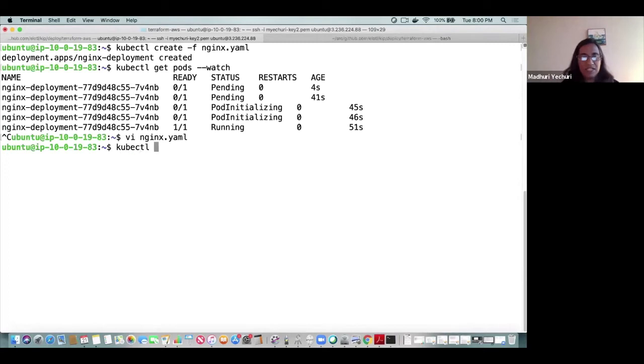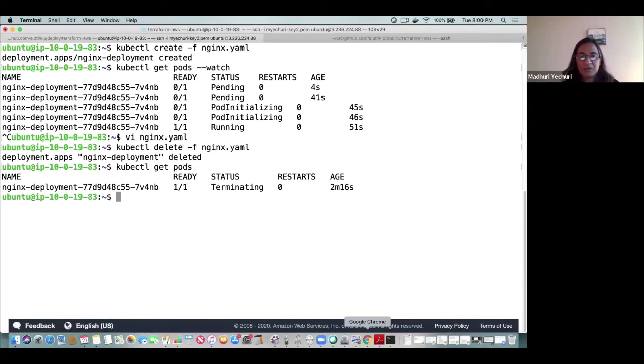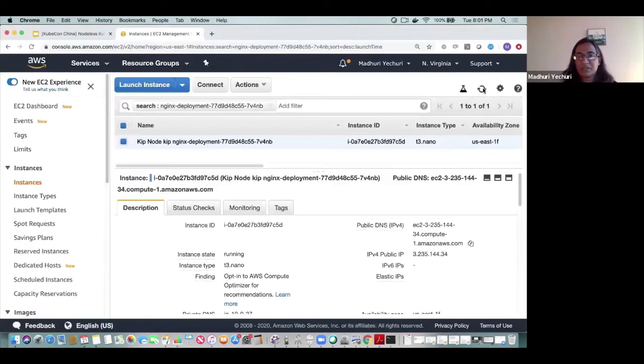So if we go ahead and delete the Nginx workload, once the pod is terminated, the underlying compute is automatically terminated by Virtual Kubelet. So if I go ahead and refresh my EC2 console, we see that the underlying instance is automatically being shut down. So what we get is, instead of having pre-provisioned always-on worker nodes that are being stuffed with pods, we have worker nodes that are of just the right size for each pod that come up and disappear according to the pod lifecycle.